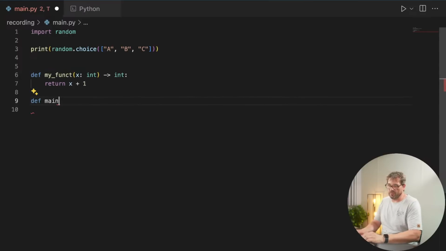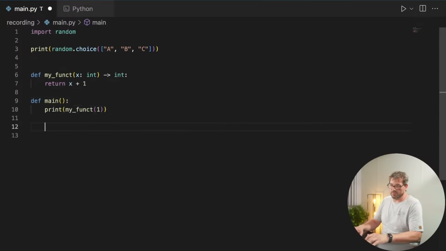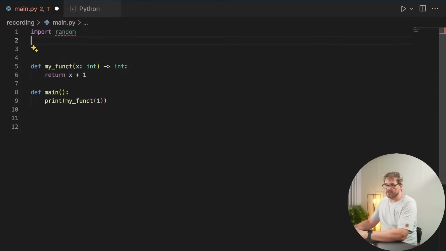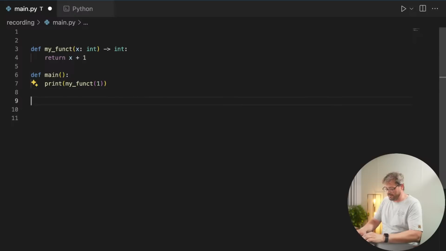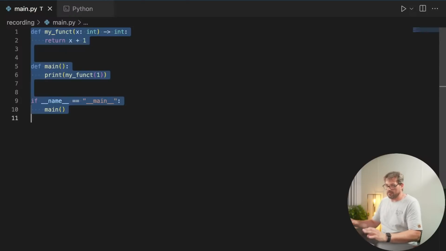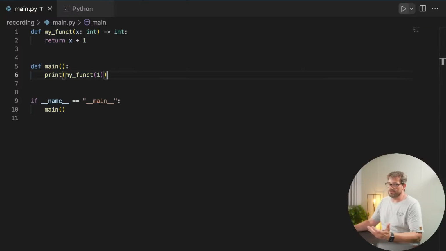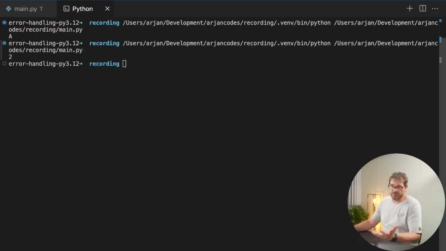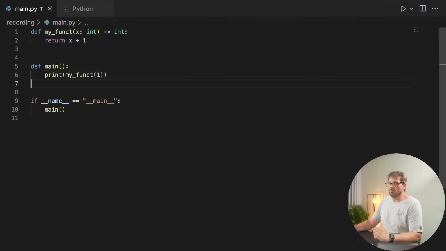So if I define a main function where I then just print the result of calling that function. Let me remove this because we don't need this. And let me also add a call to the main function. So if we run this, obviously this is simply going to print 2, right? Pretty trivial example. But here the idea is that because we specify the type, we don't need to check for